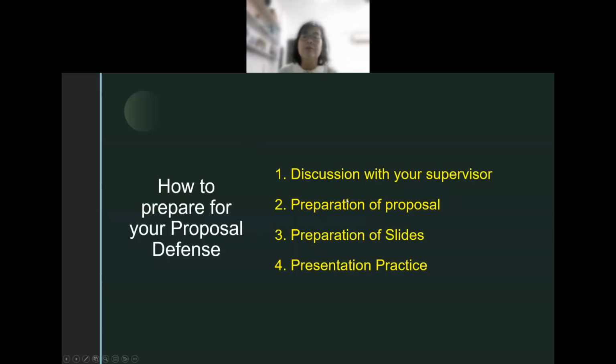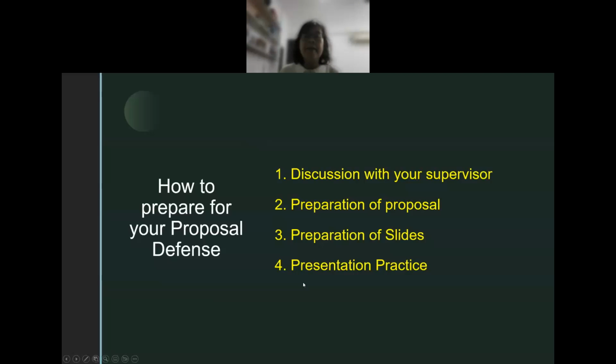The second part of this session will be preparation of proposal. What is involved in the proposal? Later on, you can get these slides from Dr. Junior, or a link to these slides. So you just listen now. Preparation of slides. The slides is your reference to the PowerPoint slides. If you don't understand what it is, please ask your postgraduate supervisor what slides are.